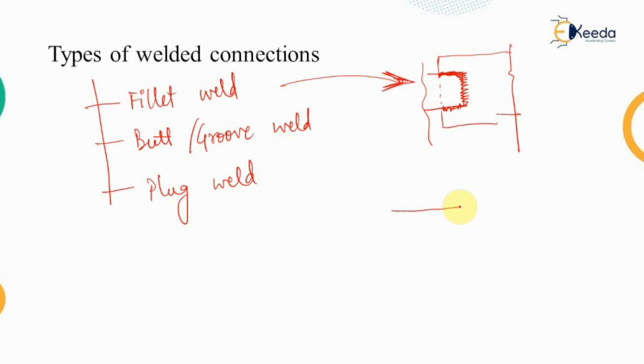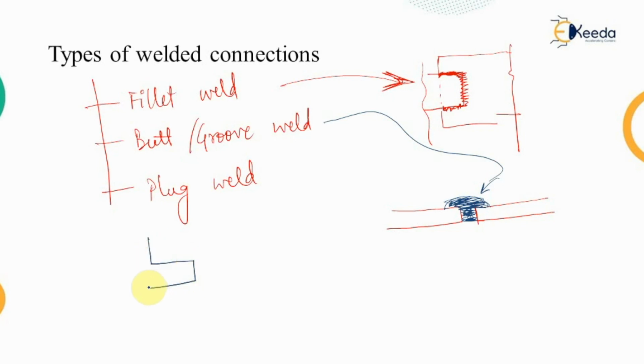If we are providing the connection between two different plates, let's say these are the two different plates which are connected together, and if these are connected with the help of the welding material which is filled in the gap provided between these two plates, then that type of welding is known as the groove weld or the butt weld. While the plug weld is provided when we are providing a connection with the help of the plate,